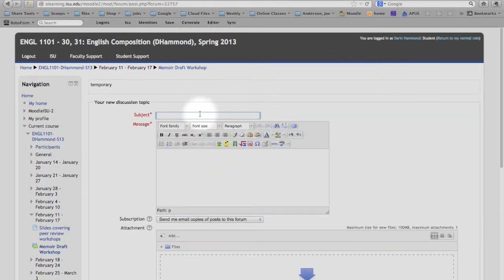Now this is to post my own paper, and so put in the subject line something like your first and last name, memoir draft, or whatever. It doesn't really matter. What does matter is what you put in the message box, and of course you can include a greeting to the other students, but I'm going to put here to please find my rough draft attached,